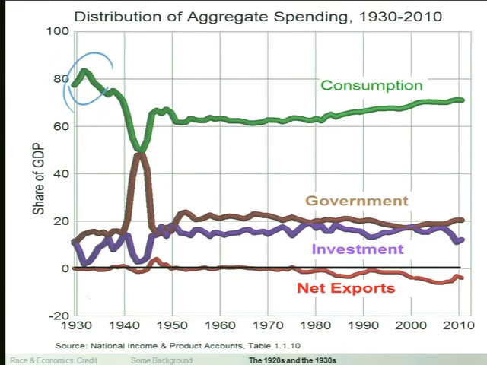Investment, these days around 10, 12, 15%. Same thing then. When I look at this chart, other than picking out World War II here, where consumption was constrained by rationing and government spending went way up for the war effort, there's not a lot of difference between the way the world is today and the way the world was in 1930. So consumption is 2/3 or more of spending. Government is 15 or so percent. Investment is 15 or so percent. Net exports are basically nothing. Let's look at